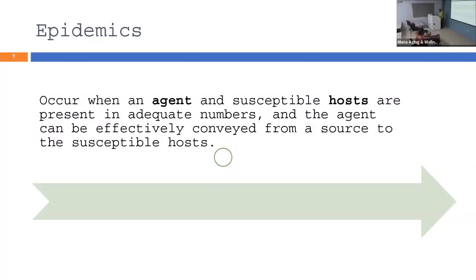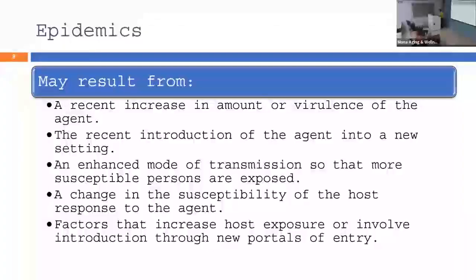An epidemic occurs when the agent or whatever is causing it and the susceptible host, that's usually the people who contract it, are present in adequate numbers, and the agent can be transferred from the source to the people who are susceptible. So if we have an increase in the amount or the virulence of the agent, then we can have an outbreak. And we can go back to COVID,